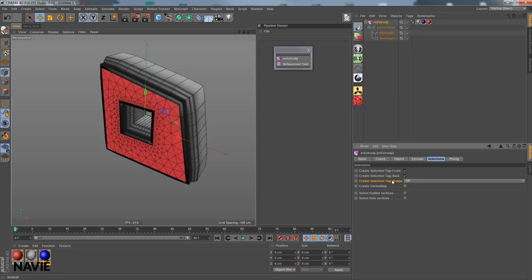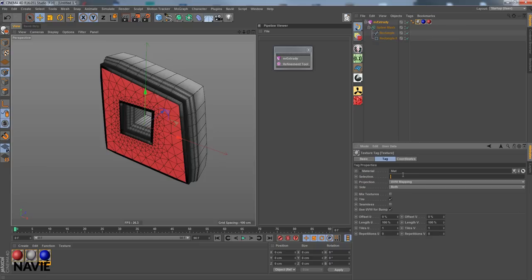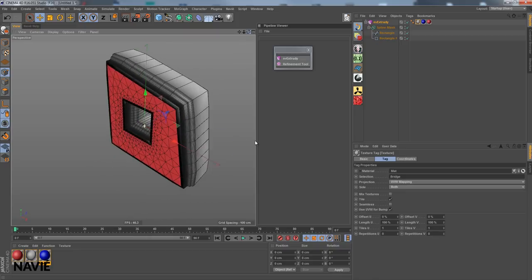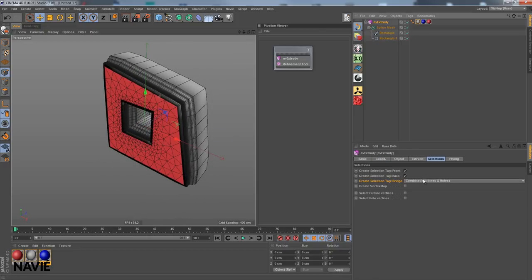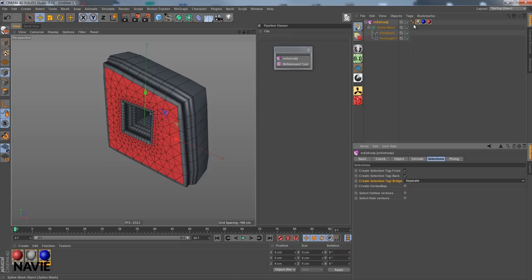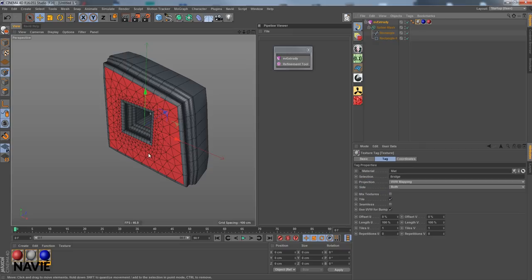And we can also create selection tags for the bridge polygons for the extruded parts. I chose combine, which will create just a single selection tag for all the bridge polygons, and I call it bridge. That's the name of it. You can see it is applied, no change here. If I set it to separate, it will generate a selection tag for each bridge polygon extruded parts. So one here for the outline and one for the hole